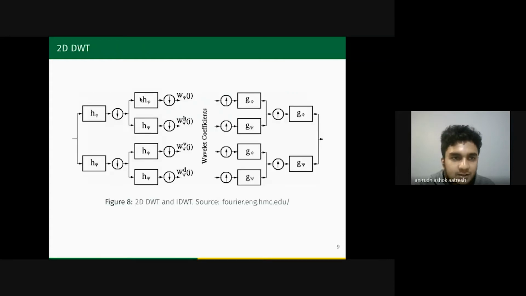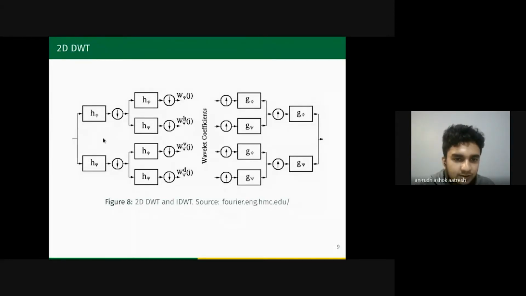If you want to extend that to 2 dimensions, you will be performing the same one-dimensional discrete wavelet transform along the column and row directions. If you have a 2D grayscale image over here, you will compute the one-dimensional discrete wavelet transform along the column axis to obtain low frequency and high frequency components.